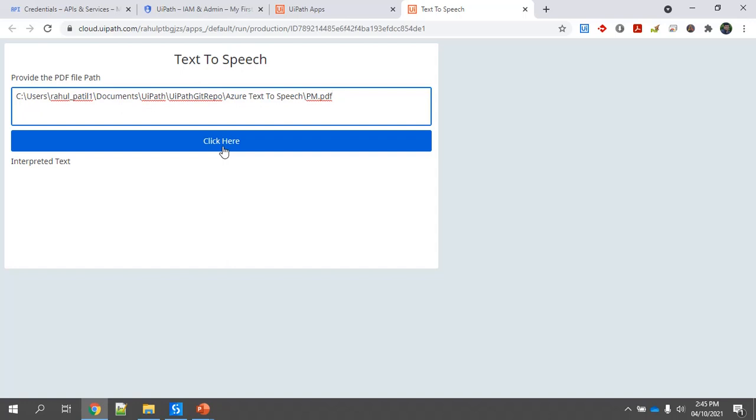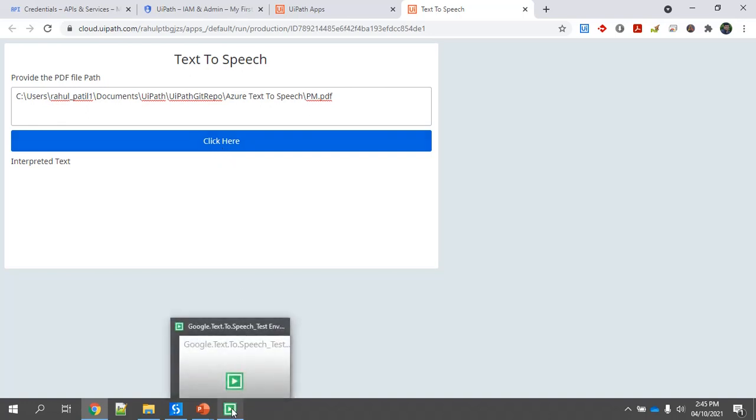So what happened, the request is sent to the Orchestrator, and the bot will be invoked and it will execute the workflow, or I would say a process. I have just clicked here, and here you can see the bot is now running.